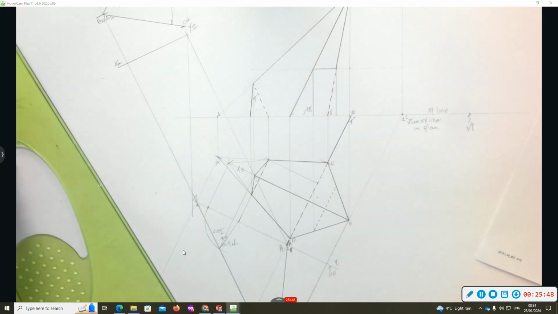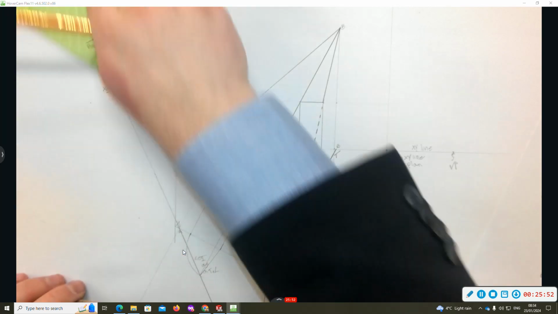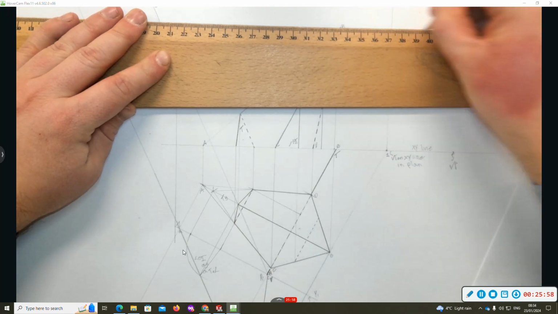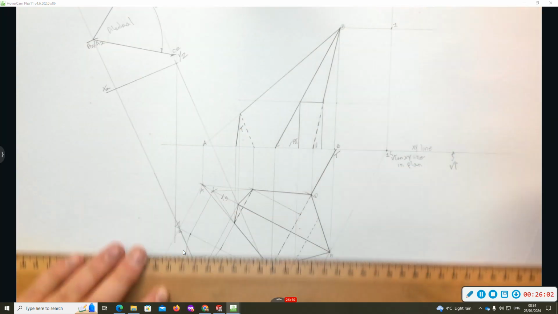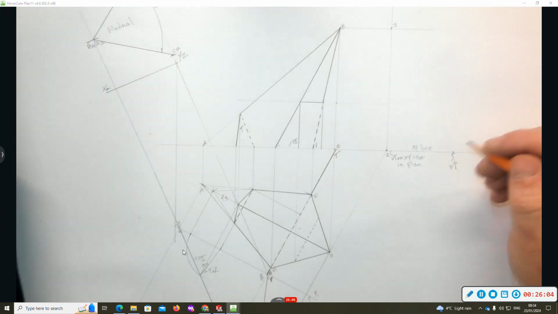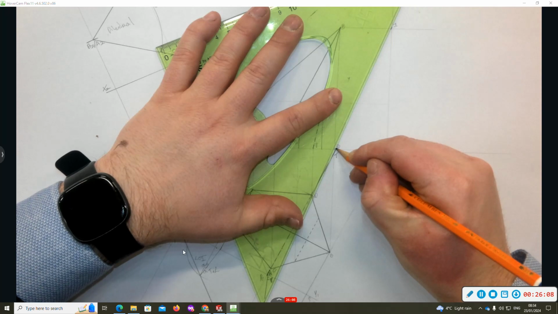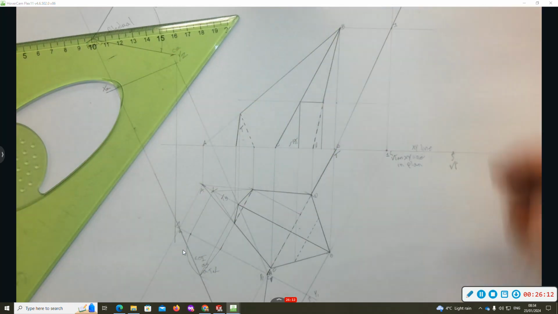So I'm going to go parallel to point B in elevation. And now, here's point number 1, and that's on the VT. So I can join them together. And there's the VT